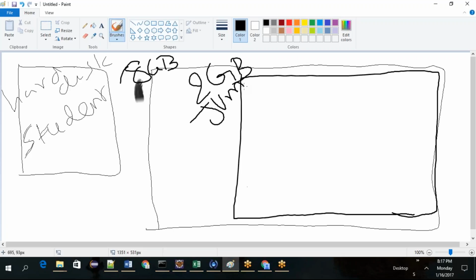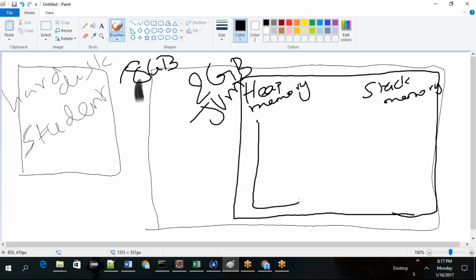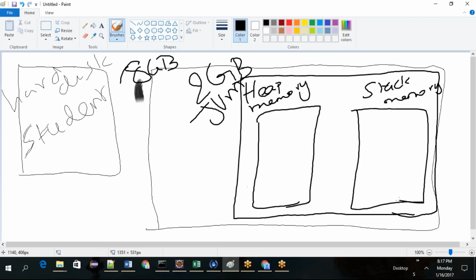In that, a lot of blocks will be there to run Java, to understand the main program and to load certain things. All the blah blah stuff will be there, but overall the interesting thing that we need to know is that two parts will be there. One is heap memory, another one is stack memory. Let's say some part has been given to heap memory, some part has been given to stack memory. Okay, like this memory will be created.